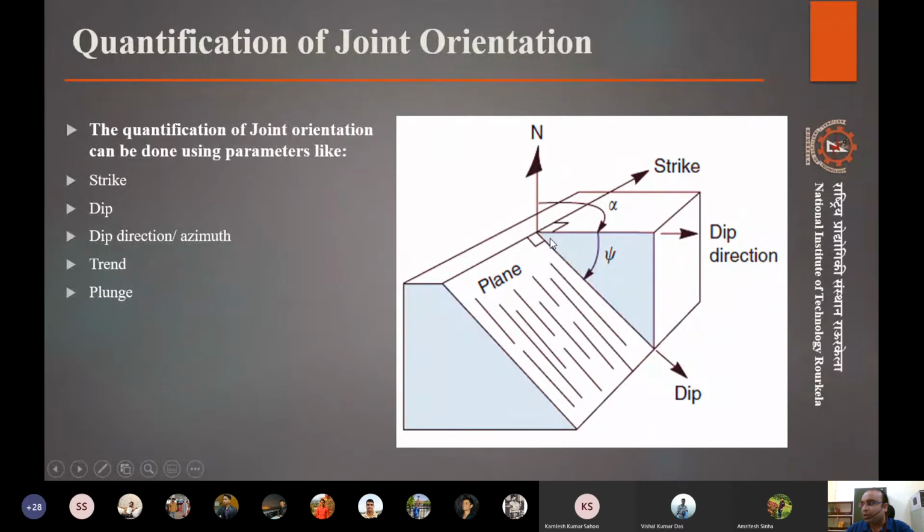Now there are a few more things: trend and plunge. Does anyone have any idea what these are? Trend and plunge, ever heard of these?